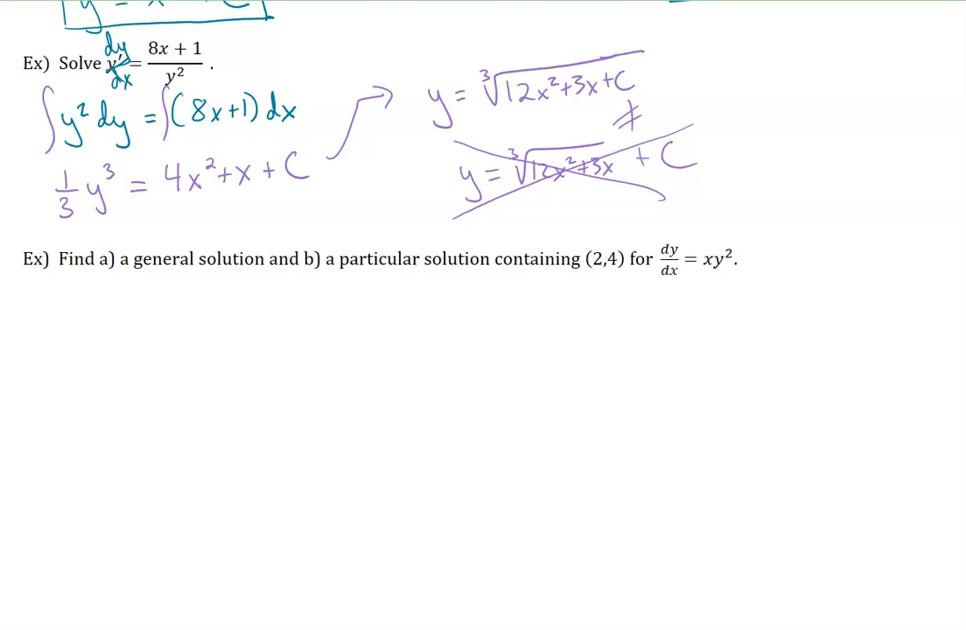So here we have another example of a given differential equation, and we want to find a general solution and a particular solution containing the ordered pair (2, 4). So to start, I get all the y stuff on the left and the x stuff on the right. By the way, if there's a constant involved as well, keep that on the right with the x, because